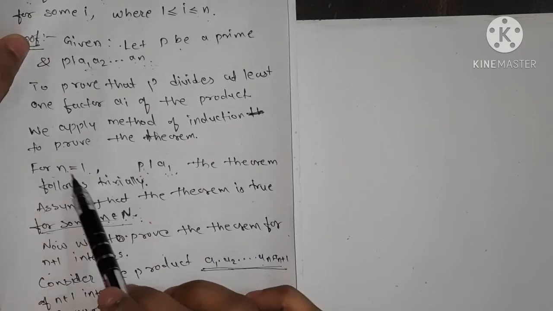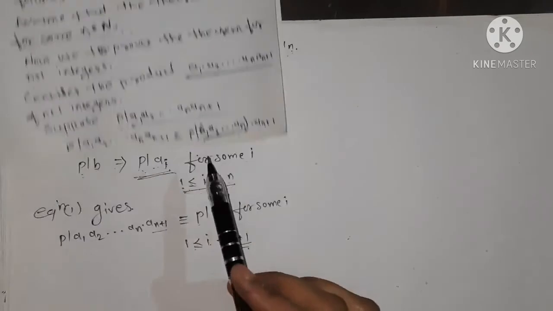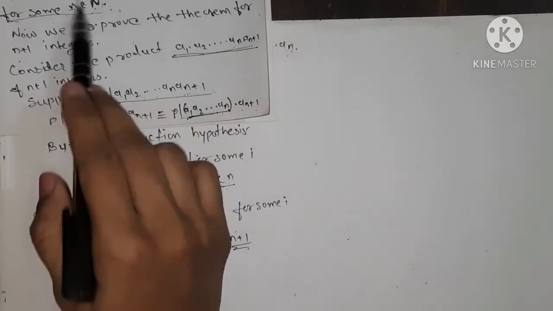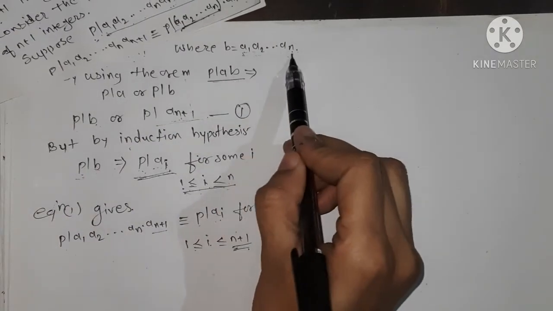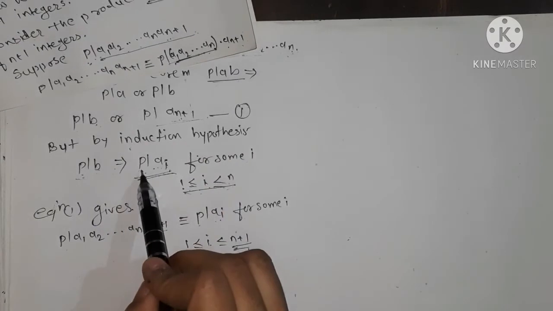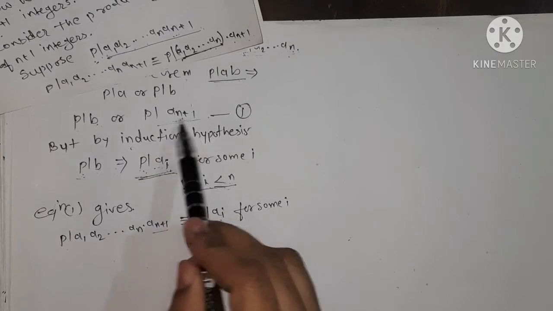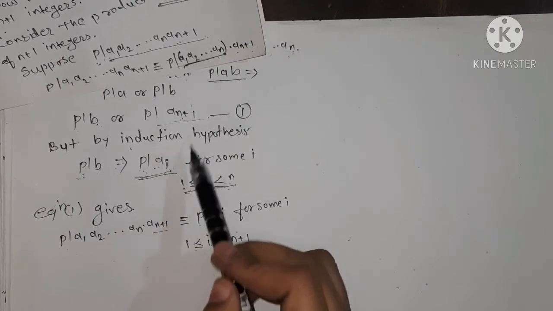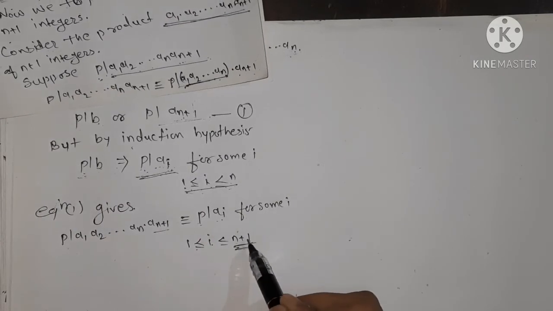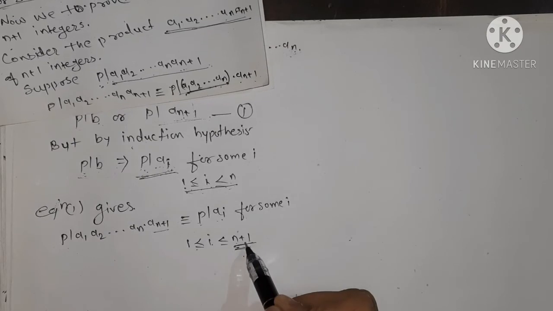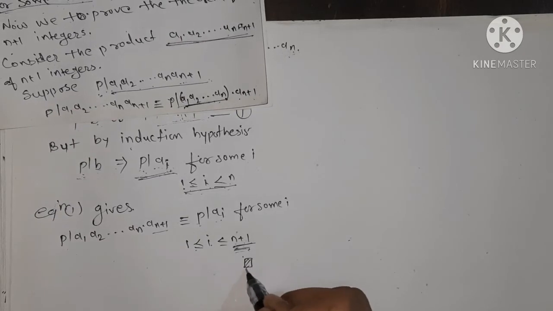Here we prove this theorem by induction. For induction, we assume that for n equals 1 the result is true. We assume that the theorem is true for some n belonging to N, and thus we apply this assumption to the condition that p is dividing b, where b is some finite product up to n. By induction we have p divides ai, and hence we combine this result with a_{n+1}. So we get p divides ai, and this is true for the condition n plus 1, and hence the induction method is followed and we get the proof. So we complete the proof here.